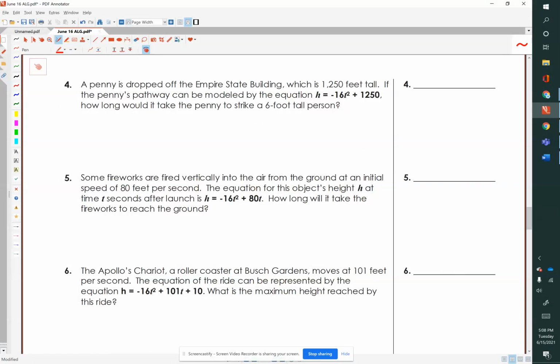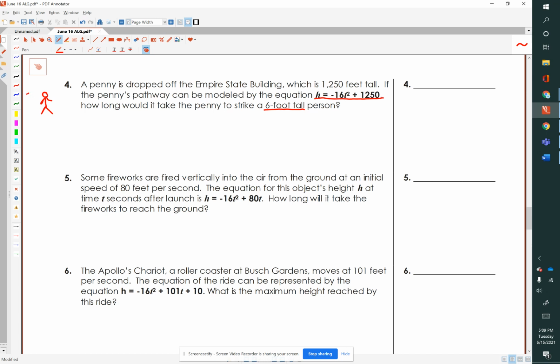Okay, moving on. Now we've got the Empire State Building problem. A penny is dropped off the Empire State Building, which is 1,250 feet tall. If the penny's pathway can be modeled by the equation h equals negative 16t squared plus 1,250, how long would it take the penny to strike a 6-foot tall person? Okay, a couple of things you need to know about this. When we say 6-foot tall person,